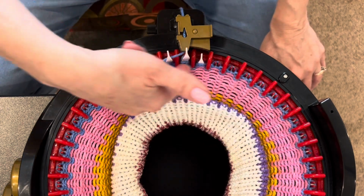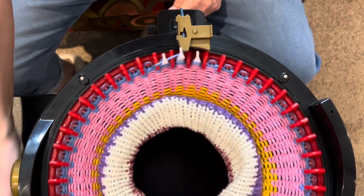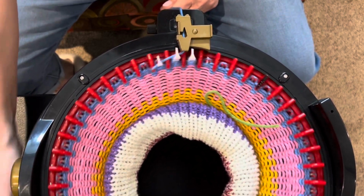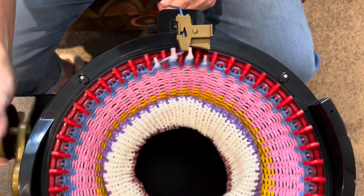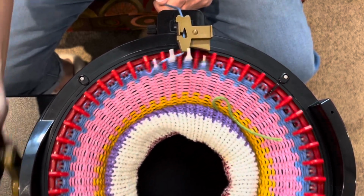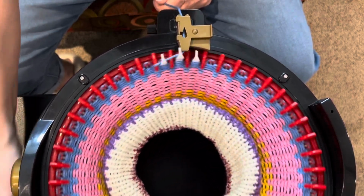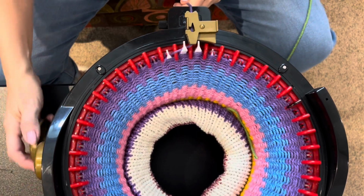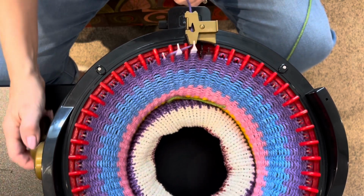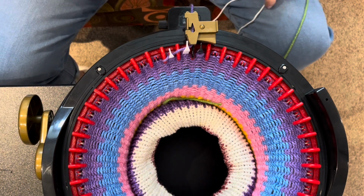It also keeps the tension around the rim of the barrel very nice. So we're going to keep doing that every 15 or 20 rows. For this particular scarf, you probably just need to do that once because we're almost done. And you're going to keep going till the end of your project, which is 70 rows. Coming up on the end of row 70, there we go. I'm going to now cut my yarn tail,